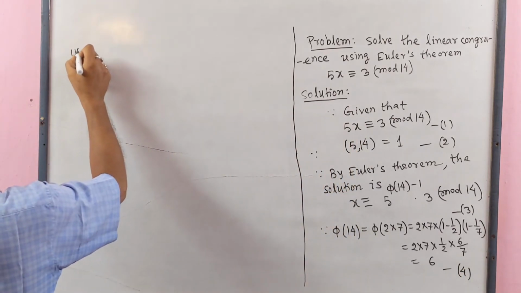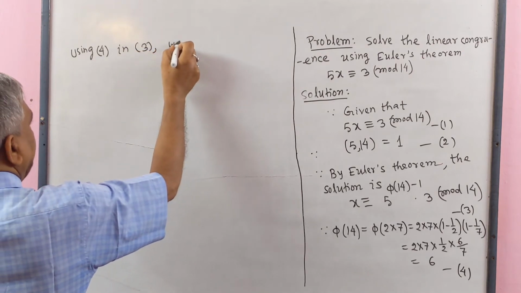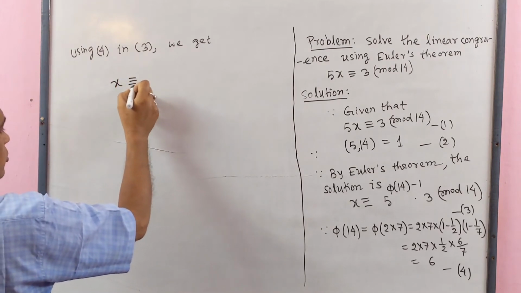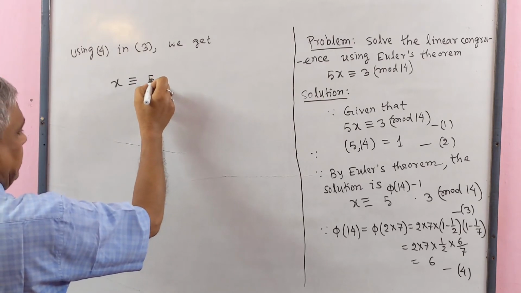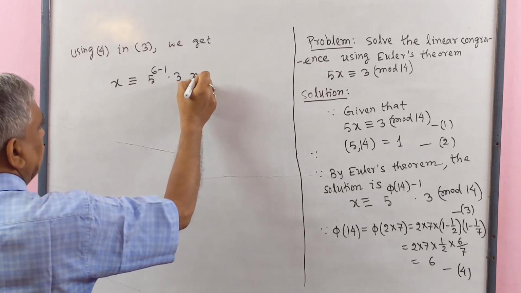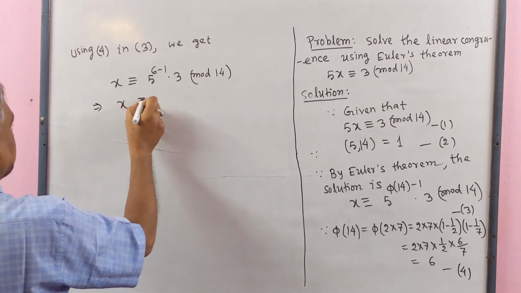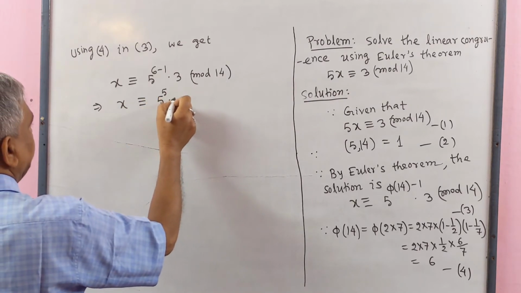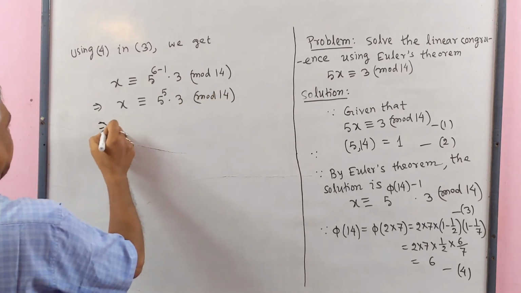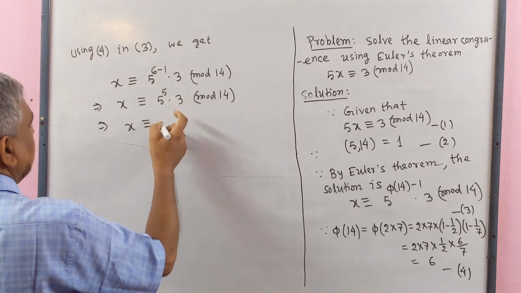Using 4 in theory, we get x is congruent to 5 to the power 6 minus 1 multiply 3 modulo 14, implies that x is congruent to 5 to the power 5 multiply 3 modulo 14, implies that x is congruent to 5 to the power 5 multiply 3 equal to